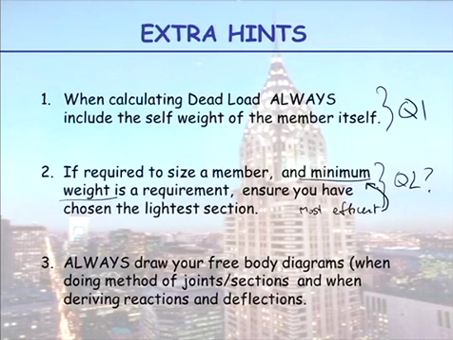Now you may find a member with an I greater than that, but is lighter. Okay? And that is because as you move up, your sections get bigger and their thickness reduces. And we all know when a section gets bigger, because the area is spread further from the neutral axis, so this could be a thicker section, and this one a thinner one, your stiffness increases but your weight might reduce. Okay, always draw your free body diagrams. I've said that already when doing the method of joints and sections and when deriving reactions and deflections to get